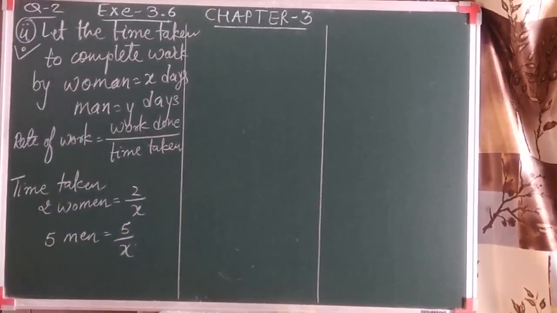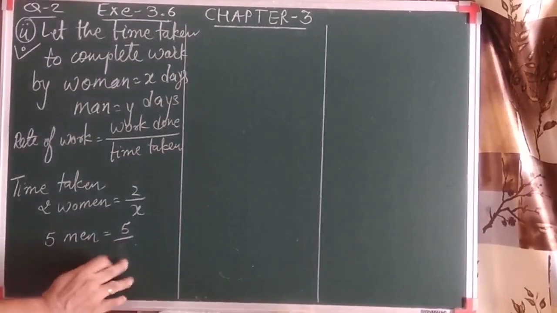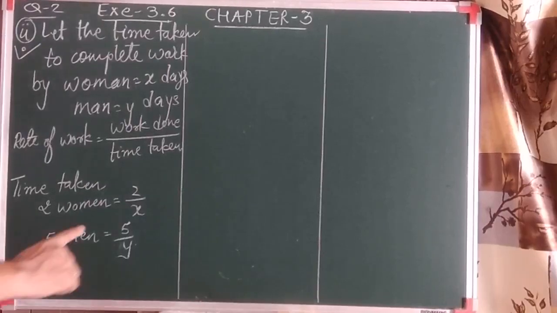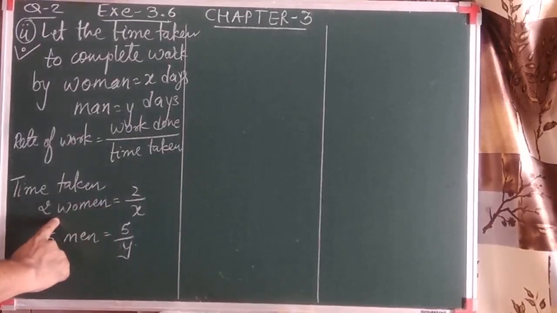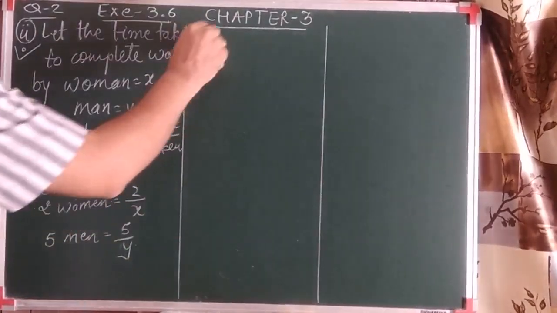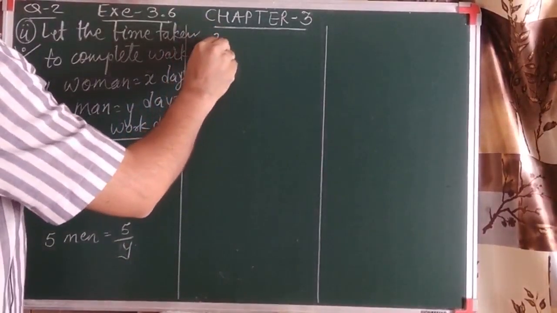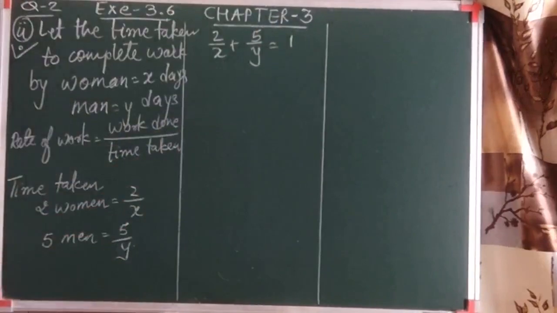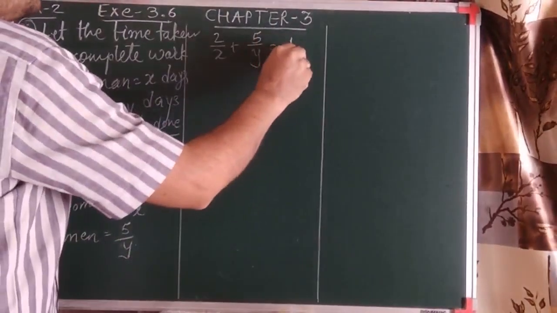Now here when we form the first equation, I observe students are doing the mistakes. यहाँ पे ऐसा बताया गया है कि when they both work together the time taken is 4 days. आप समझो ये रेट ऑफ वर्क है, एक दिन में 2 आदमी 2 लेडी कितना काम खत्म करेंगे, एक दिन में 2 लोग 2 मैन कितना काम खत्म करेंगे. सो एक दिन में दोनों मिला के कितना काम खत्म करेंगे, ये दोनों ने एक दिन में किया हुआ खत्म है काम, तो 1/4.